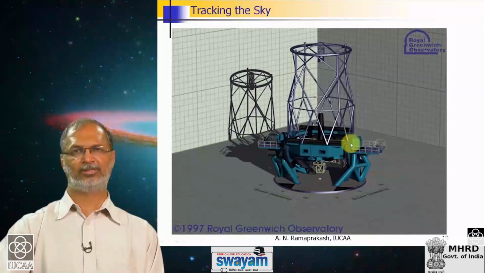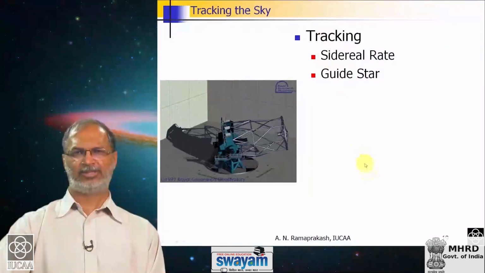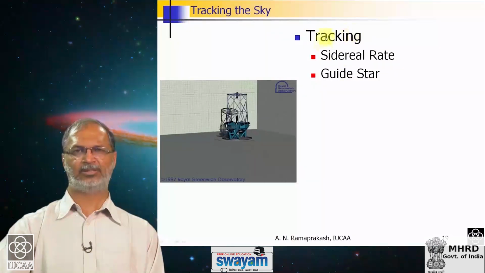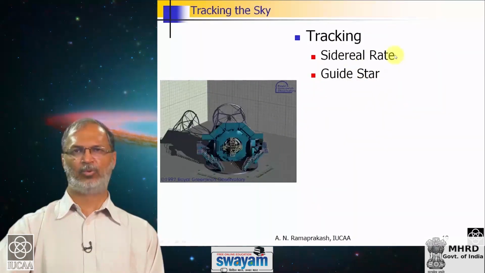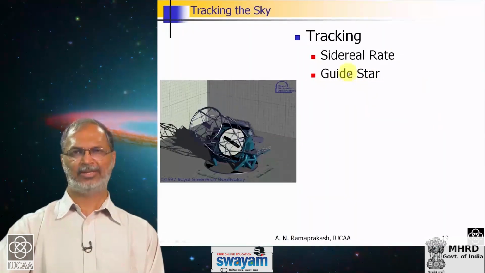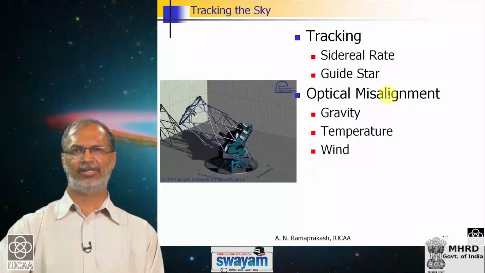Astronomy is driven, when you want to make larger and larger telescopes, by the technological advances which allow these enormous machines to be built on top of these big mountains. So, this is just a list of things which illustrates what the telescope has to do. It has to track objects in the sky at the rate at which the sky appears to move. In spite of moving at that rate, it may need guide stars in the sky to make sure that the tracking is accurate enough, and it has to do this tracking in the presence of various